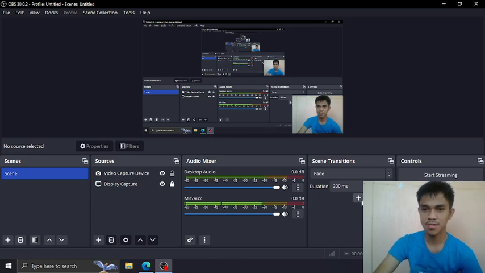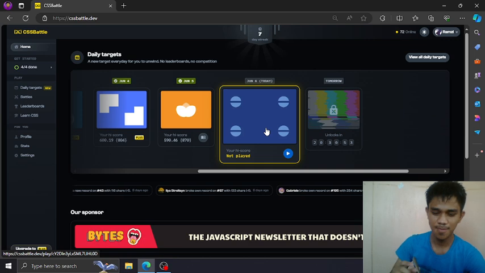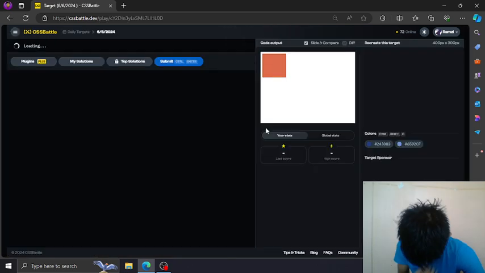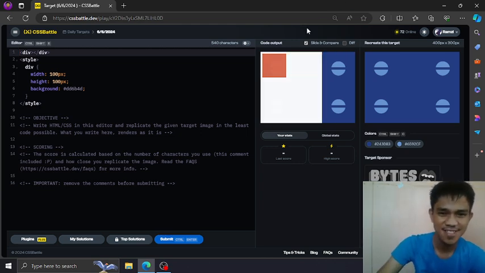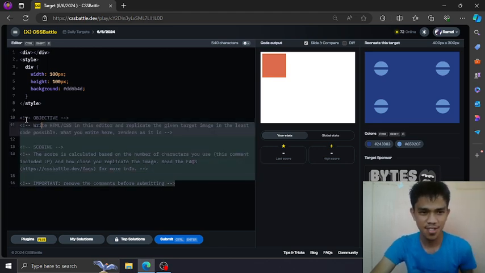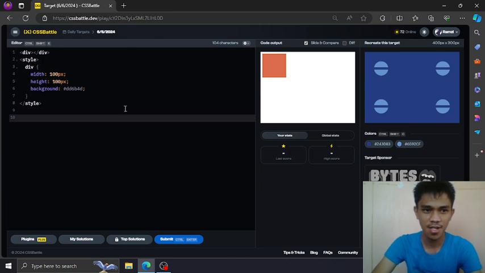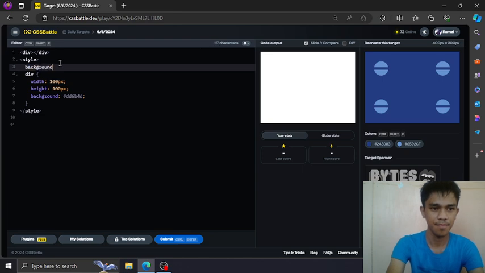So hello everyone, and today's challenge is this, the planets. So let's get, okay, let's put this here. And okay, to start off, background, this color.